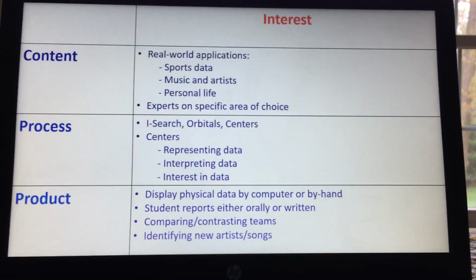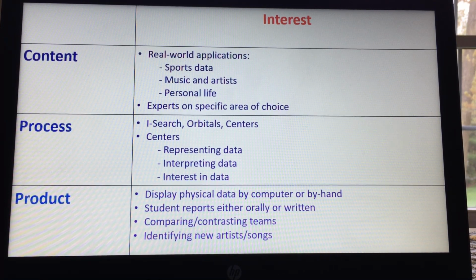Interest. In my classroom, I do my best to bring real-world applications in as much as possible. During my data unit of study, I allow students to analyze sports, music and artists, and then their own personal life, as far as how they spend their time during a typical day versus how they spend their time during the summer. Students are able to be an expert in their own specific area of choice, and it ties into the content and the curriculum required for the Algebra 1B course that I provide through